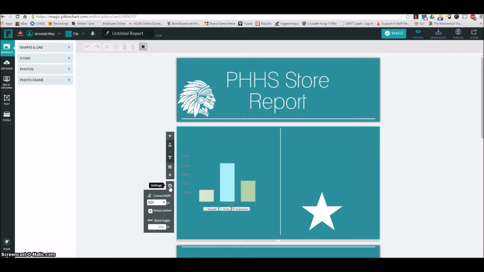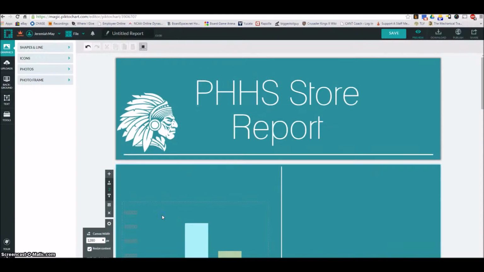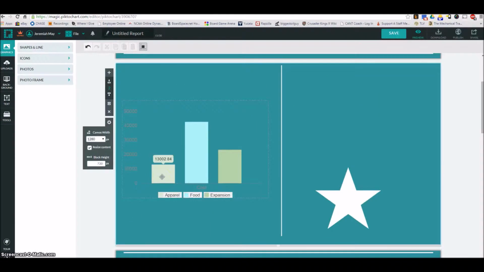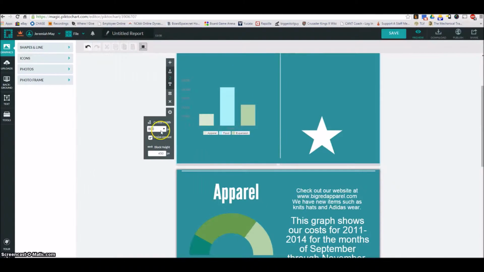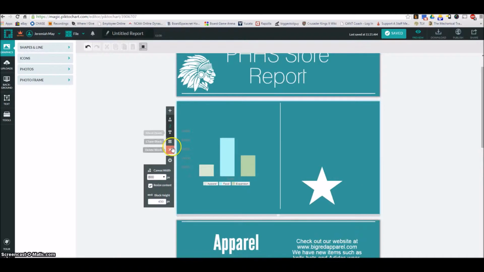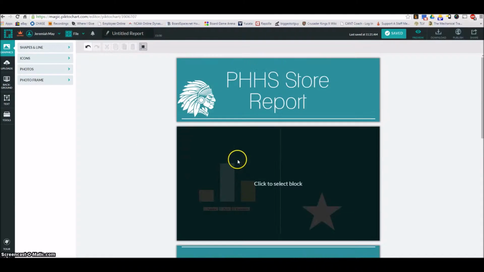The other thing is you can set the canvas. You can resize that width to give it a different width if you wish, to work at a different size. And also you can resize the block height depending on what you decide that you want to do. But right now we're just going to work with the default settings because that's what we're working with. Now,